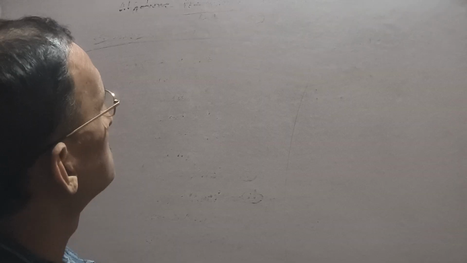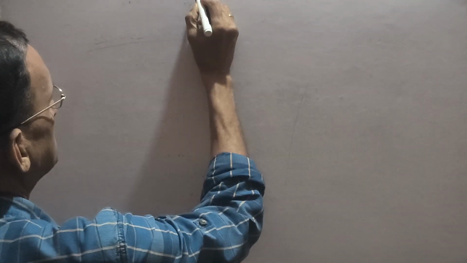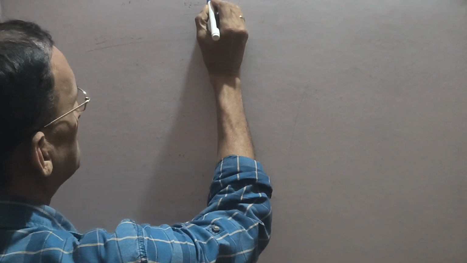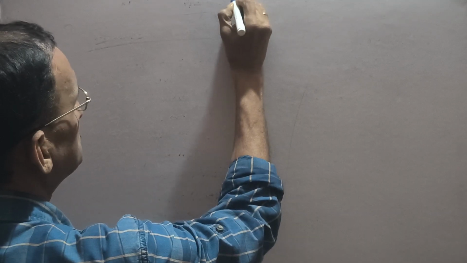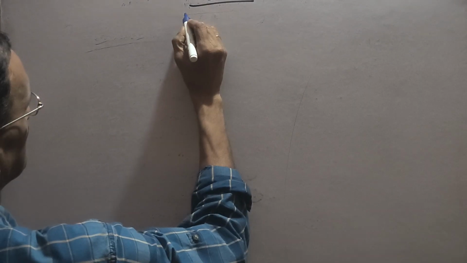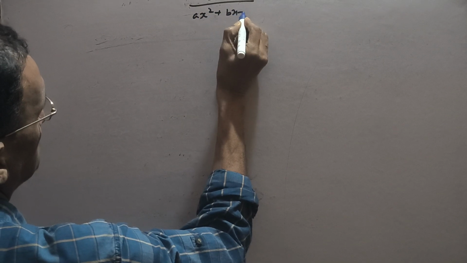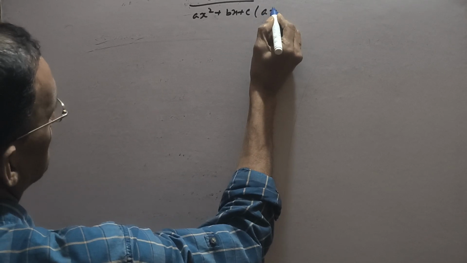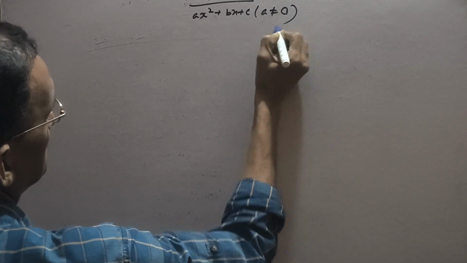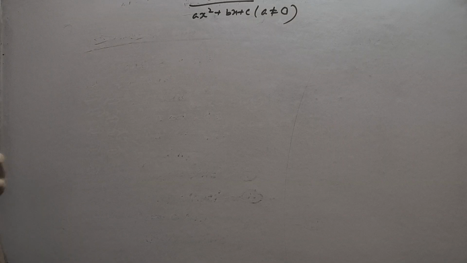Hello, today we are here to discuss with you the class 10 general math polynomial exercise 2.2. In the previous class we have already explained that the general form is ax square plus bx plus c, where a, b, c are real numbers and a is not equal to 0. And since